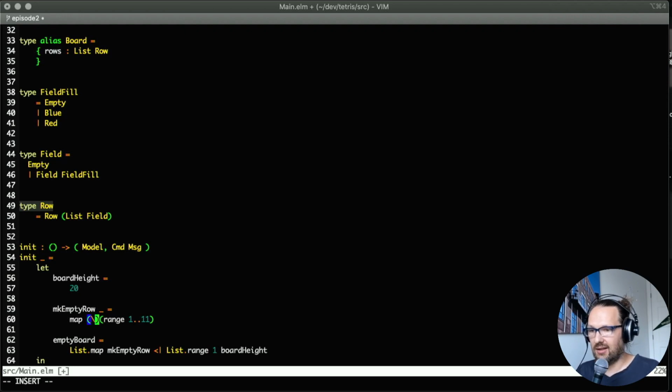And we create an anonymous function. We ignore the parameter, which is just the number between 1 and 11 if we map over that range, and we create an empty field. So make empty row is only